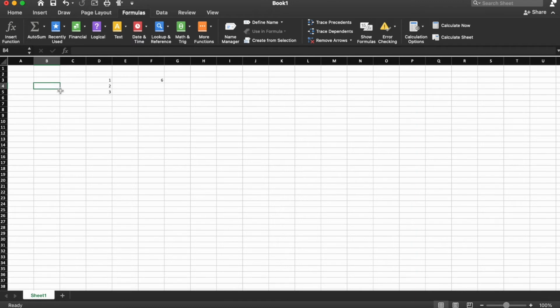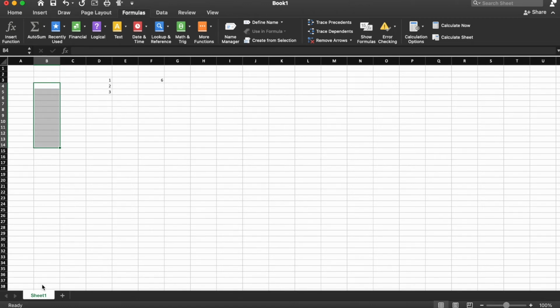And in the bottom right of the active cell border is what's known as the fill handle. And the fill handle allows you to drag formulas and values down. So for example, if I put number 4 in cell B4, click the cell and move the active cell border, and then click the fill handle and hold it while dragging down, I can just copy that number 4 down, and if there was a formula in there, I could copy the formula down as well.